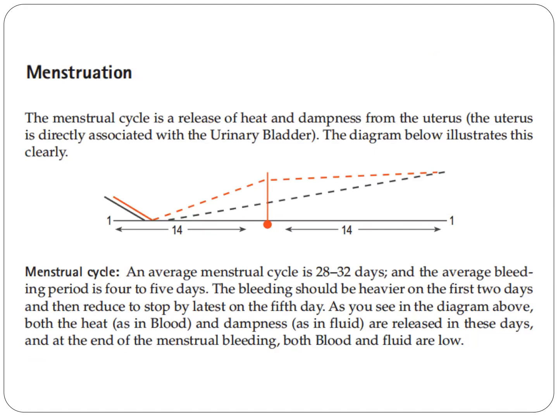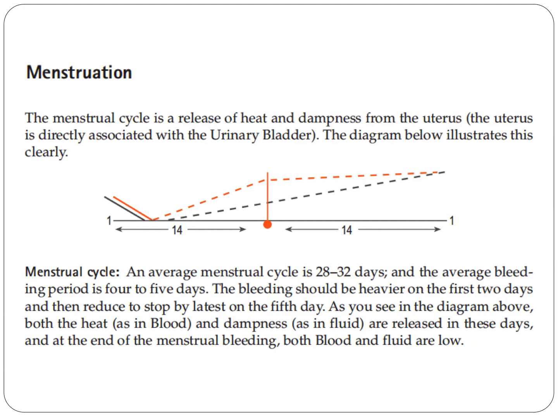Now let's talk about menstruation. The menstrual cycle is a release of heat and dampness from the uterus. The uterus is directly associated with the urinary bladder, and the diagram below illustrates this clearly. Okay, so please take a look. Okay, then